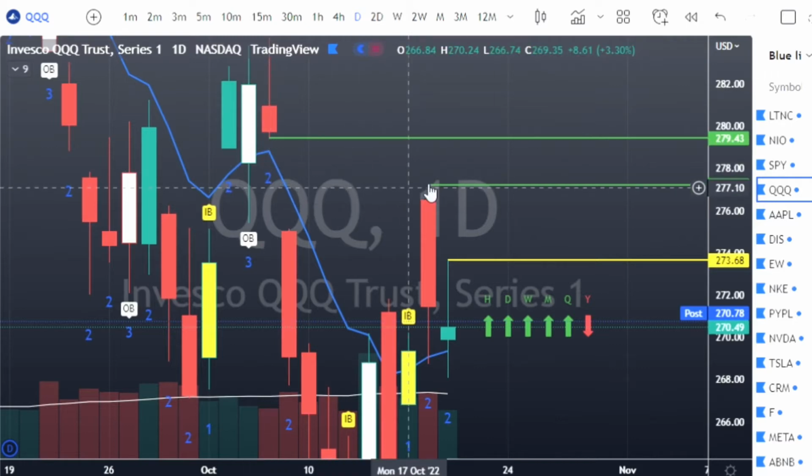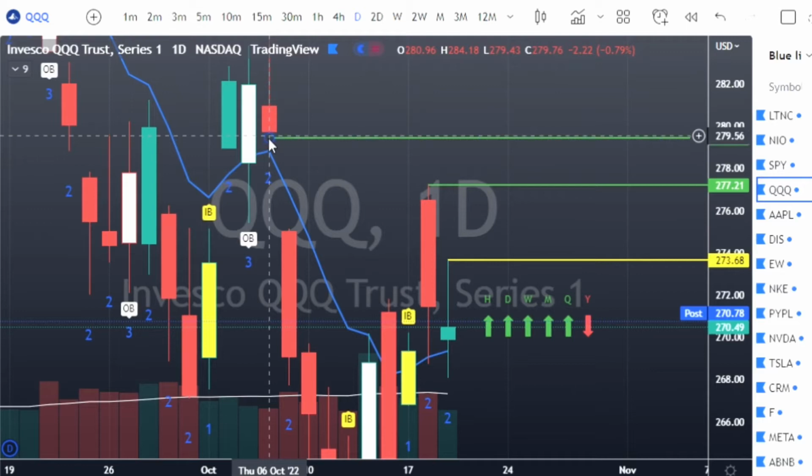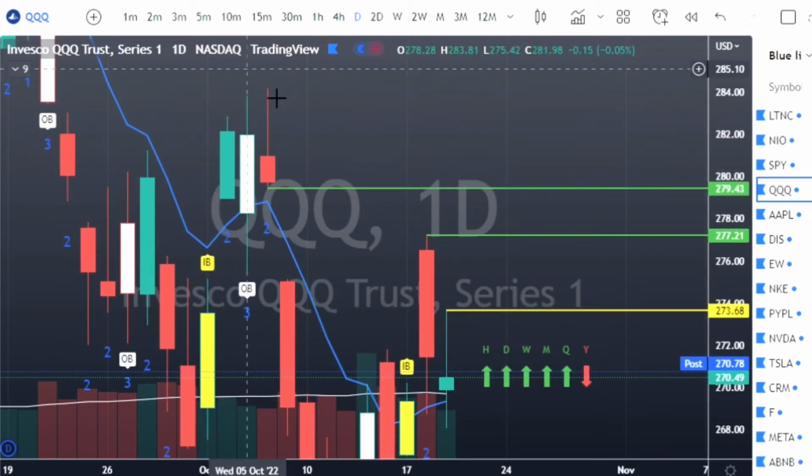Notice there's no candle here. Okay, so that's the gap, and in order to fill that, our target becomes the bottom, and then the next target can become the top. Okay,